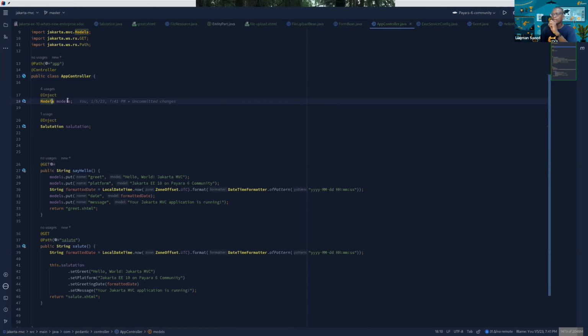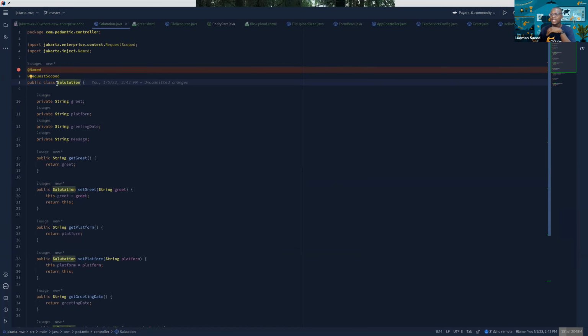And Jakarta MVC has two ways of creating models. You can use the models map. This is just a giant map with key value pairs where you can put in the keys and their corresponding values that should be available to the UI. Or you can use the much more traditional @Named annotation. So this salutation class here is a normal bean, a very boring, plain old Java object that is annotated with @RequestScoped. And then in here,